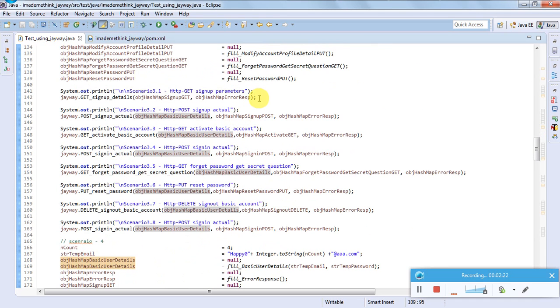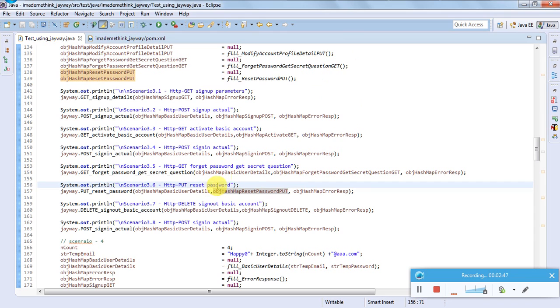Scenario number 3 is again get sign up parameters and create an account using sign up, post, then activate, sign in, and then forget password, and then reset password. If you remember from the specification document, for forget password we need only one parameter, the sign in email ID.